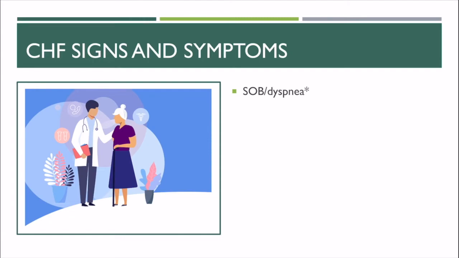So hopefully this already is kind of coming into your mind. Shortness of breath, dyspnea. What do we talk about that might lead to shortness of breath and dyspnea? Well, when the left side of the heart is failing and fluid backs up in the lungs, the fluid in the alveoli is going to disrupt our ability to participate in gas exchange. Right? It's going to be really hard for oxygen to get into the blood if there's a bunch of fluid